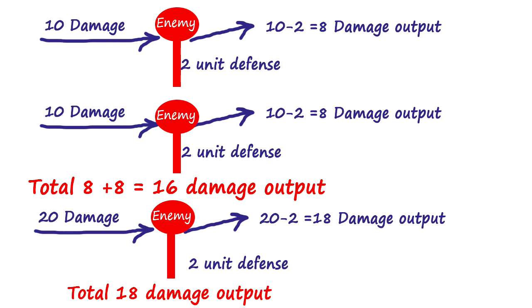And then again, when you do 10 damage, it's doing 8 damage, so totally it's doing 16 damage. But if you do 20 damage at once, it has to breach that 2 defense. That means it will do 18 damage. What that means is that if you have a higher amount of damage, that is more effective than doing the same damage